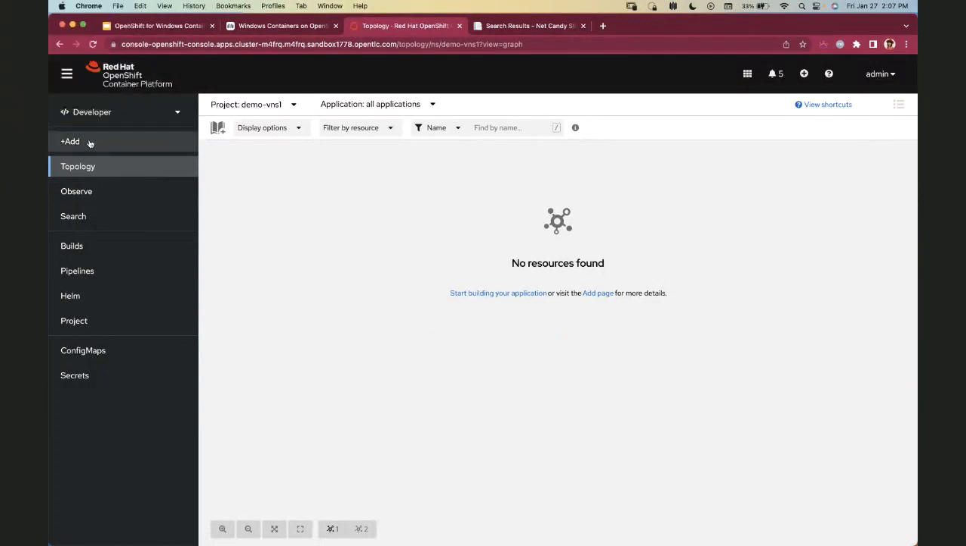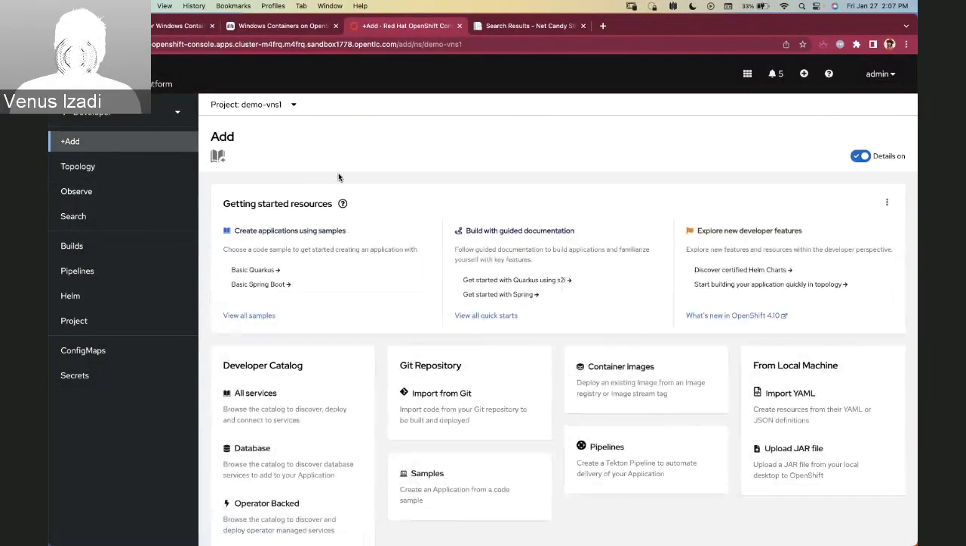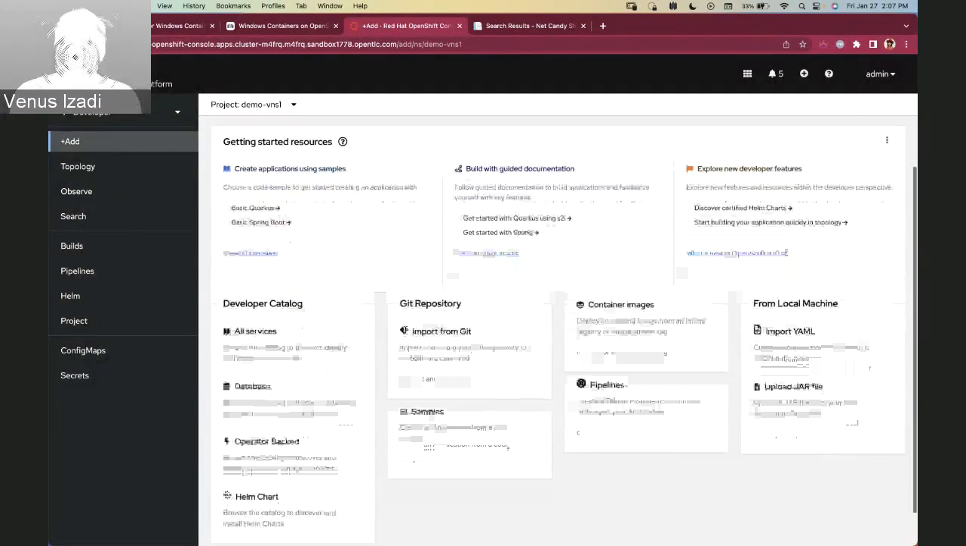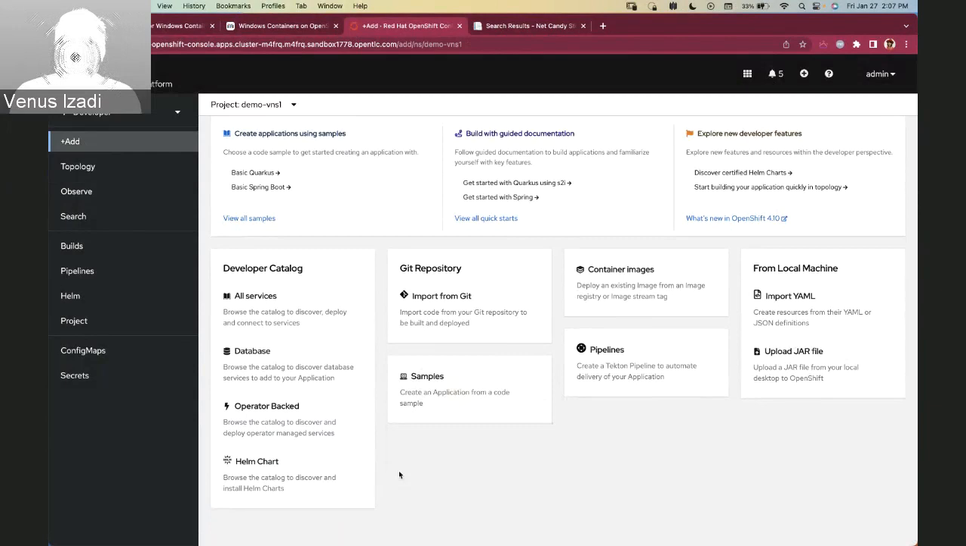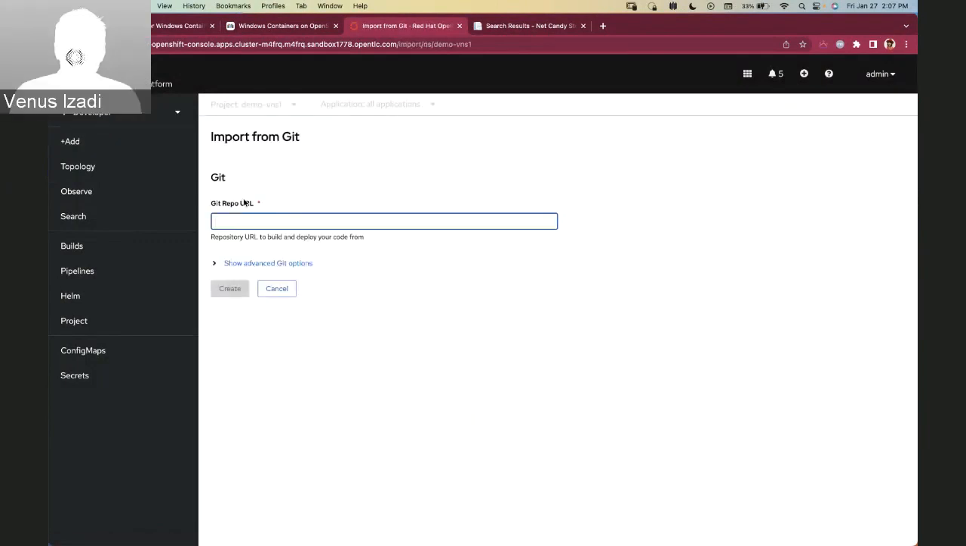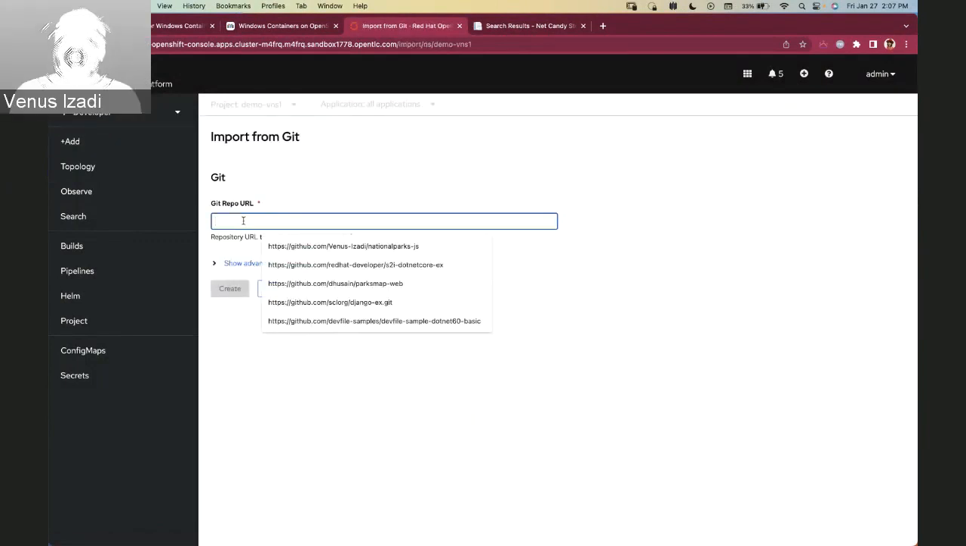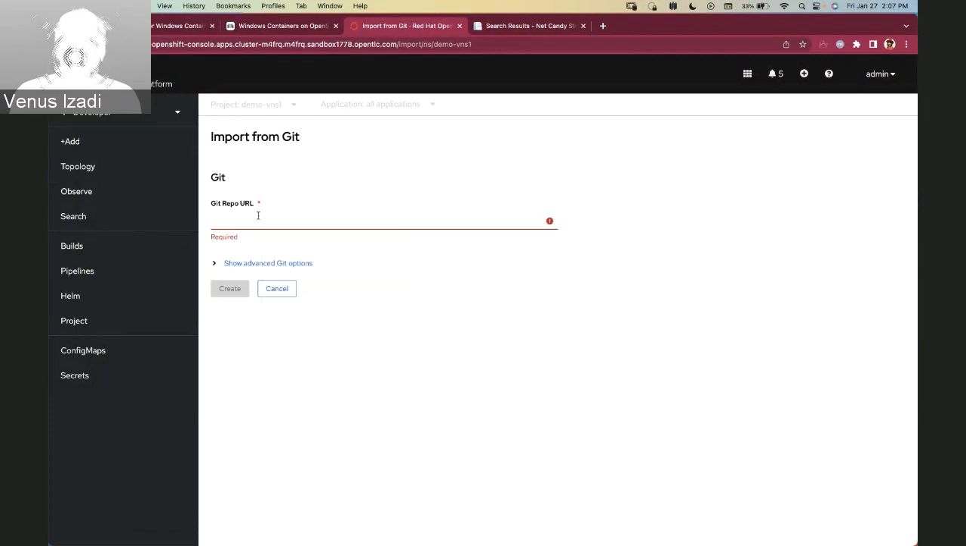I'm going to click add, and it gives me all the options, all the different ways I can bring some applications into this project. All right. There are different ways. The way I deployed the previous application was Helm charts. I used Helm charts to just deploy that. There are different, easier ways, of course, and you can just get your git URL and deploy the